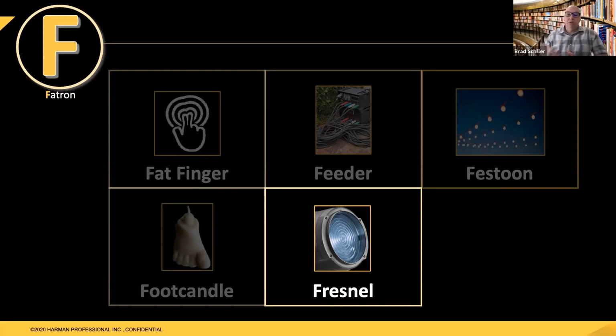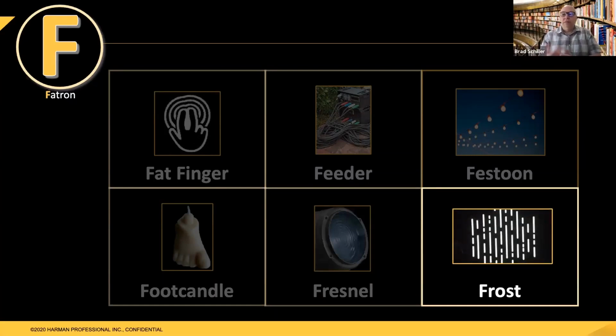These are typically used in stage lights to produce an even, soft edge beam of light. And you'll find Fresnels on all different types of wash lights. There's even a fixture called a Fresnel light because it has the Fresnel lens on the front, and you can adjust it from spot to wash. You can adjust the Fresnel product as well.